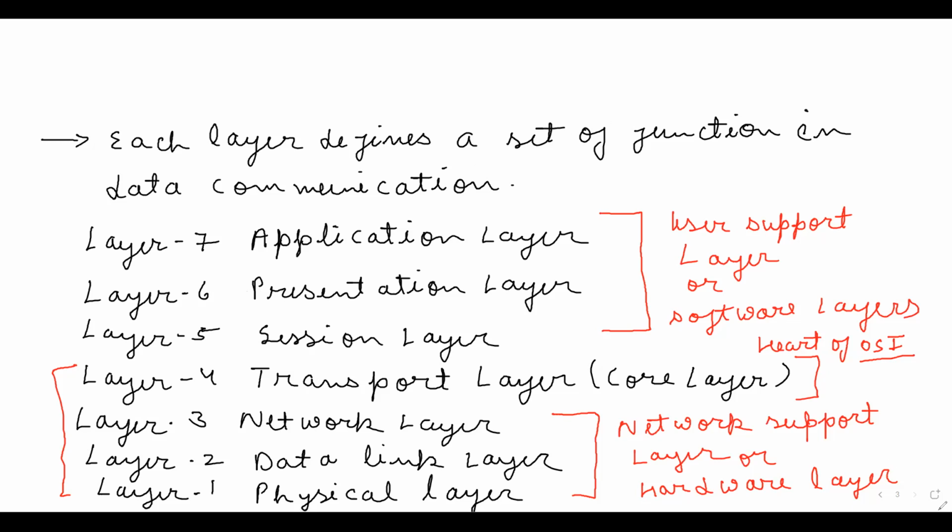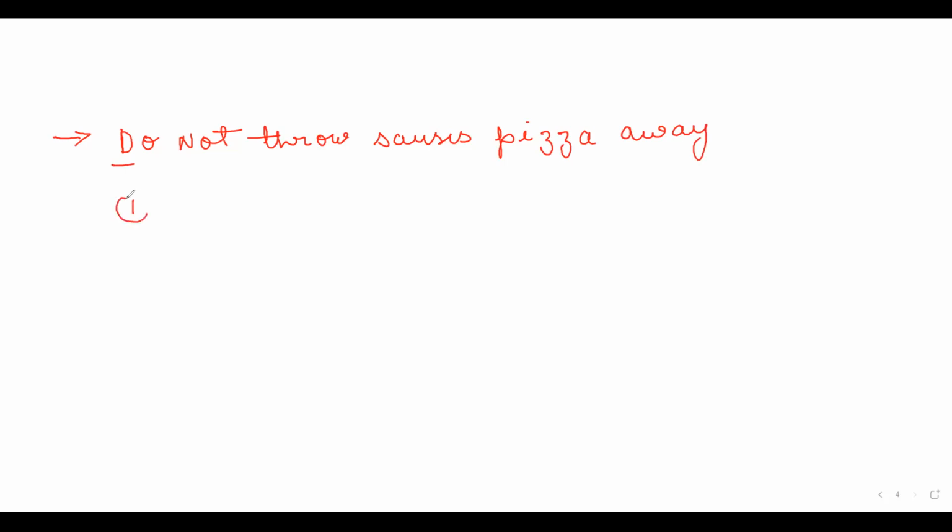Okay, so next, how can I remember this? I have one sentence to remember this: Do Not Throw Toaster Pizza Away. So that means D, the first one, is data link, and